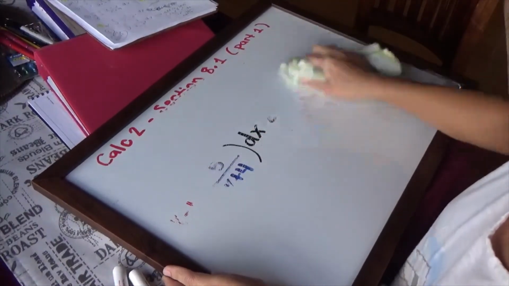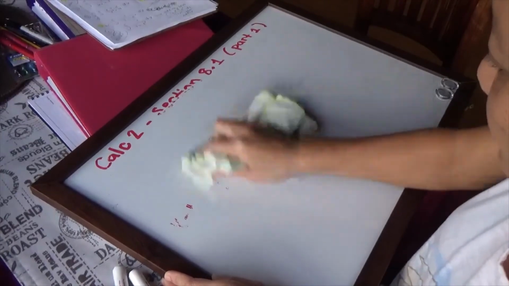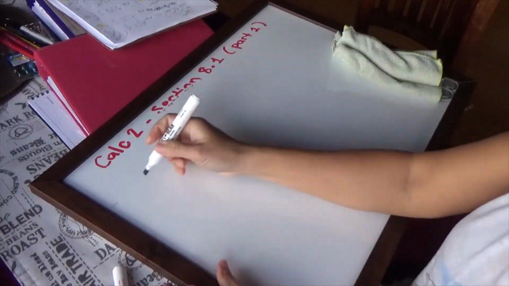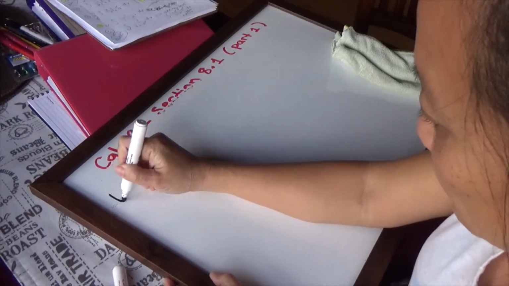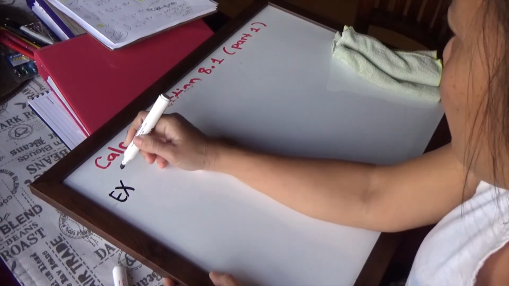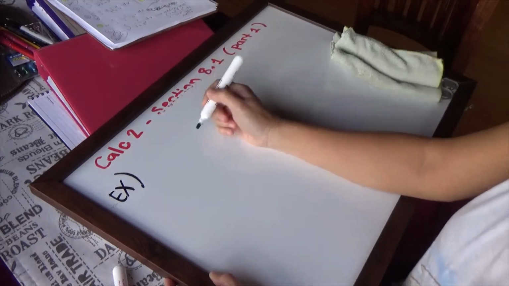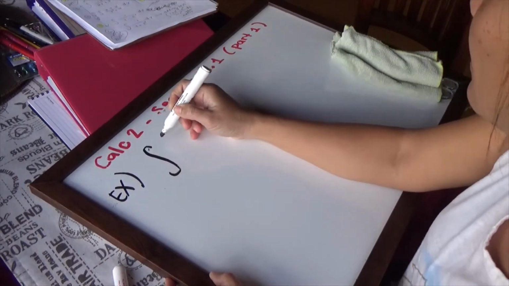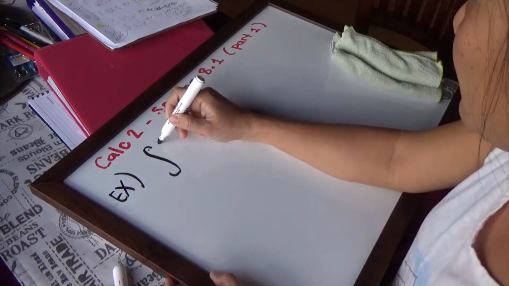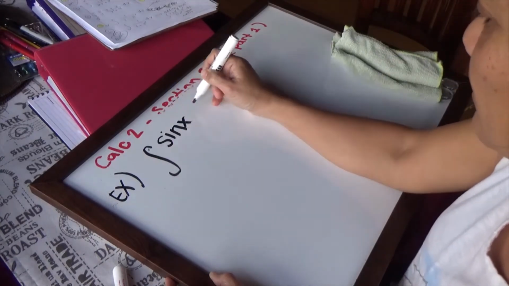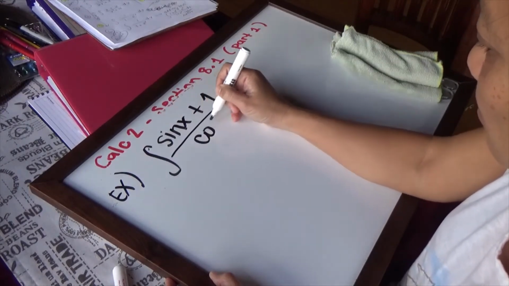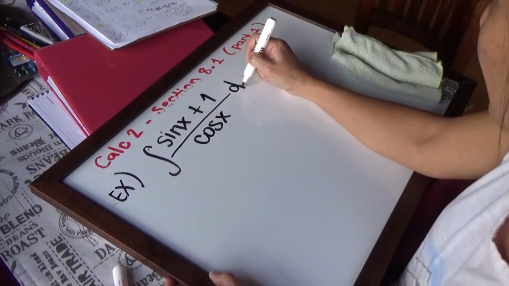Let's say if you have something like this, integral of, so here's an example that is not in your guided notes, but I wanted to add it on here so that you can see the integral of sine x plus 1 all divided by cosine of x